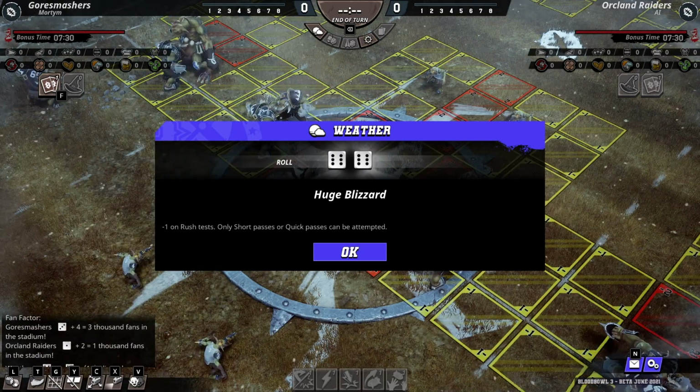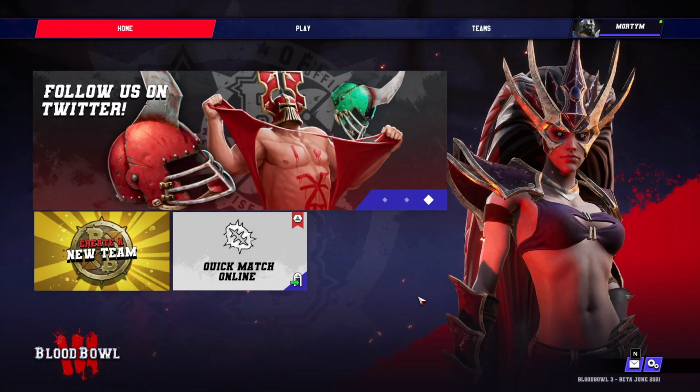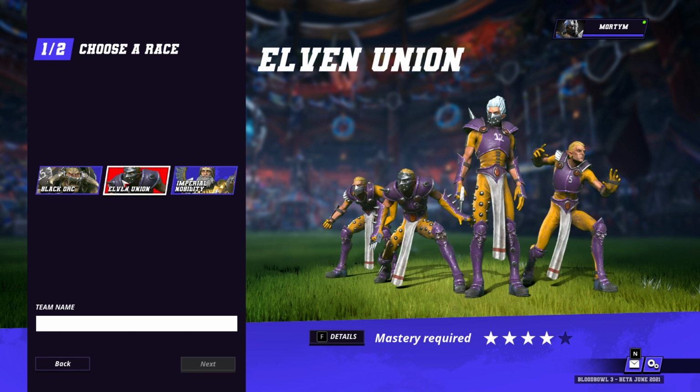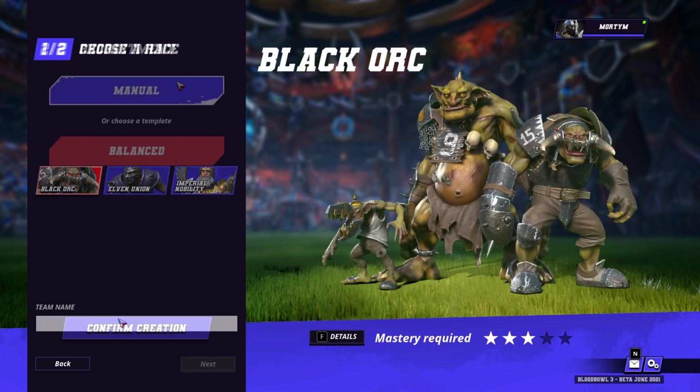However, before we get into any of that, let's talk about the fact that you need to create your team. Now, at least in closed beta, we have three options available to us: the Black Orcs, the Elven Union, or the Imperial Nobility, which is basically orcs, elves, and humans. So when you are making your team, you'll have two options basically, to either create it manually or create a